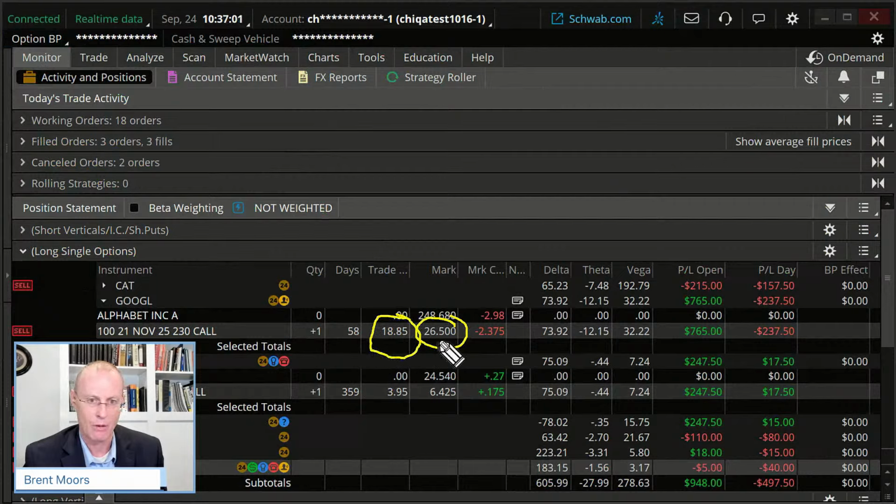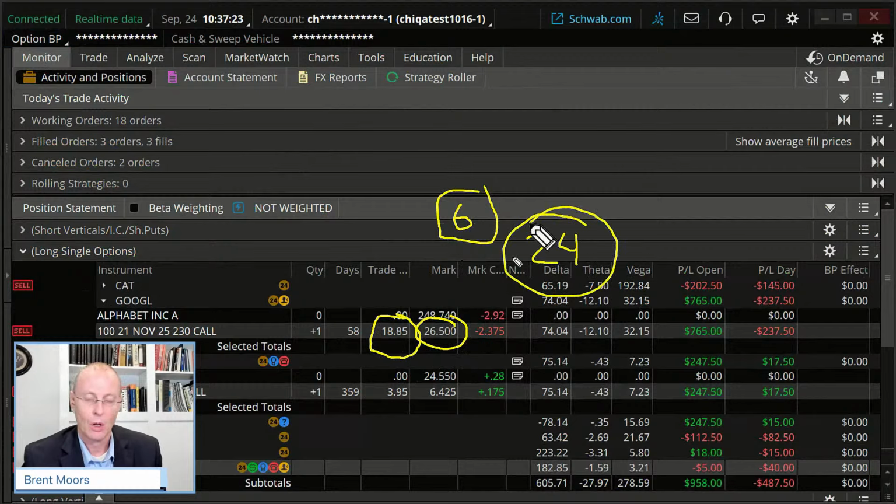Well, I've already made about roughly $8 on that. So we could say, I made $8, 75% of those gains would be like $6. That would put my stop at like 24 bucks in this case, which in my estimation is too